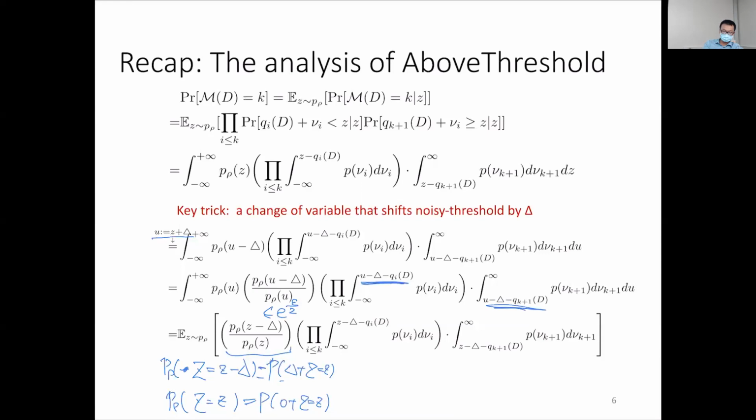And then we can just redefine this U to be Z again, and this becomes the standard kind of expectation that we're hoping to get. Then the second term is what is interesting. The second term basically says that the probability